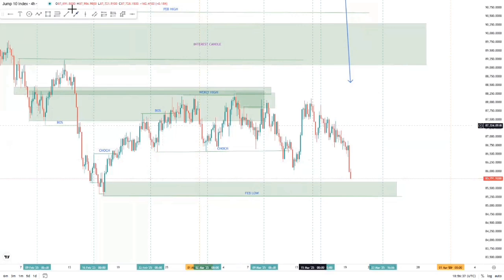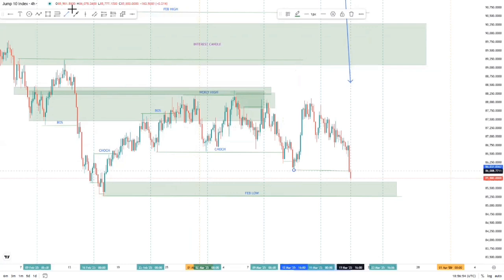And for this trade, we had a change of character here, closing below, and also we had a break of structure here, forming this weekly low. So for this week, which one is the market likely to reach first? This area here or this area here? We were here. And according to the market structure here,